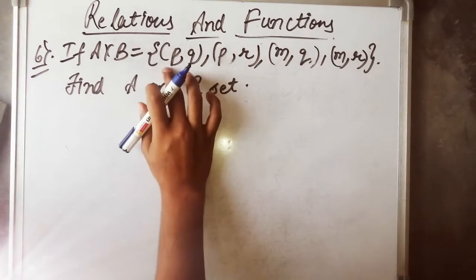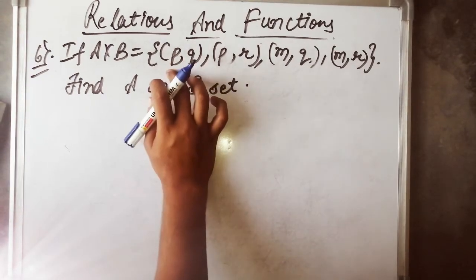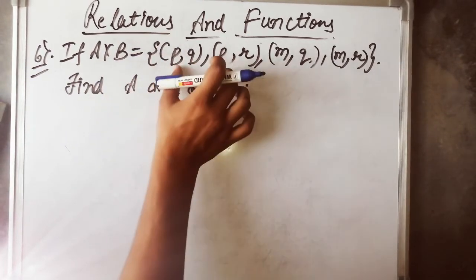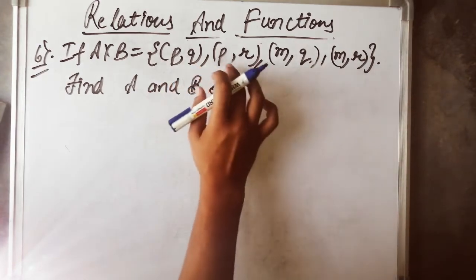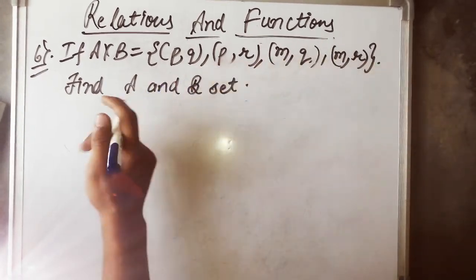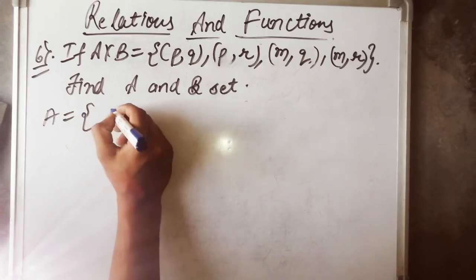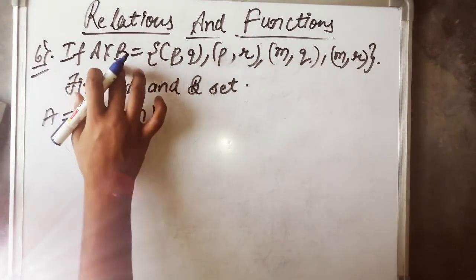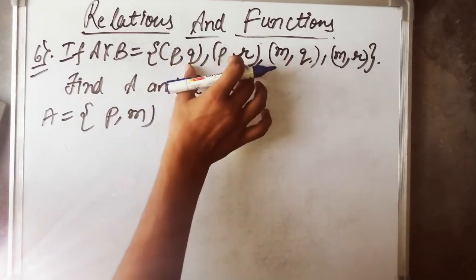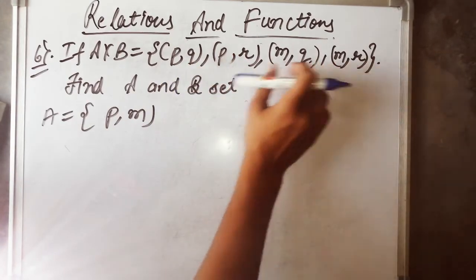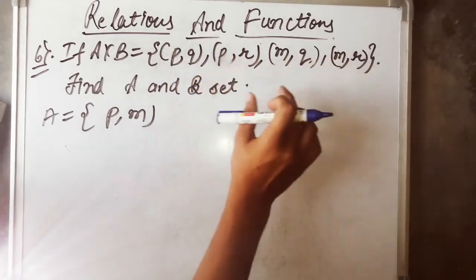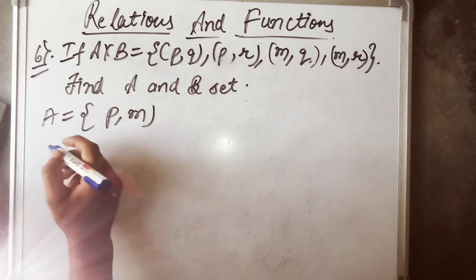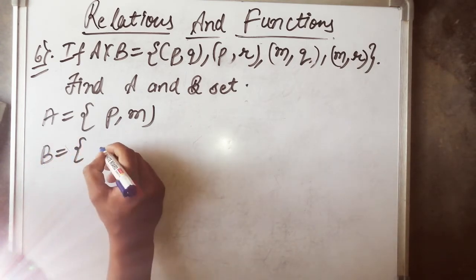So remember I told you that our first element belongs to the first set and the second element belongs to the second set. We have repeated P twice and M twice. Okay, our A set is {P, M}, because if there are two elements in the B set, first we have multiplied P with those two elements, and after that M with those two elements. See, Q and R are those elements with which we have multiplied P and M. Okay, and our B set is {Q, R}.